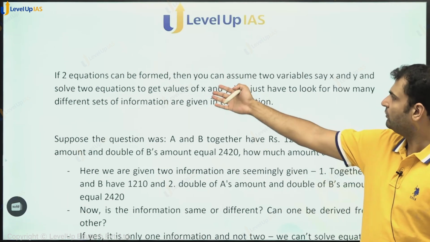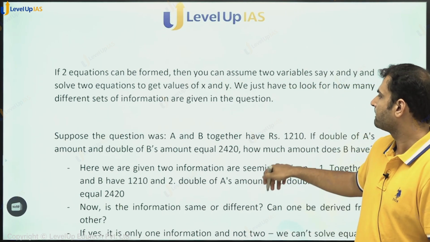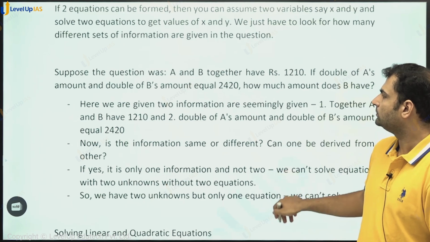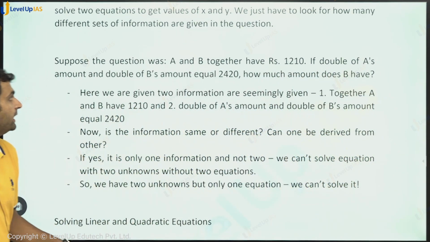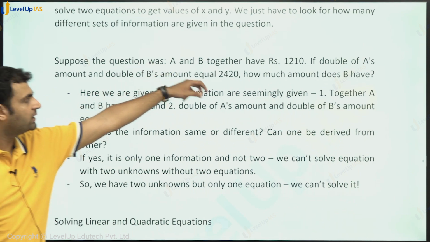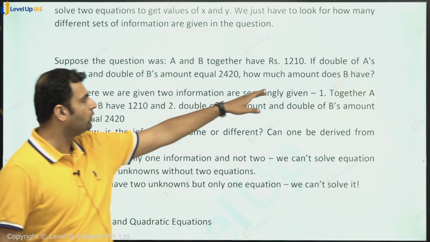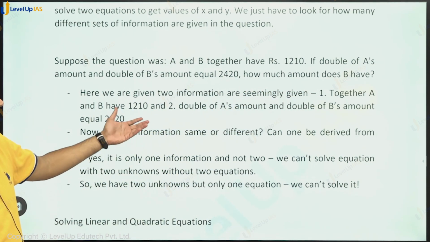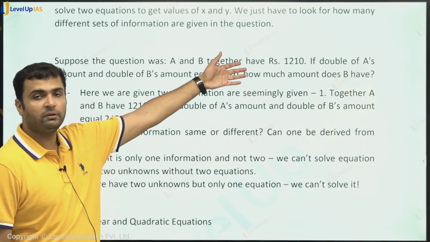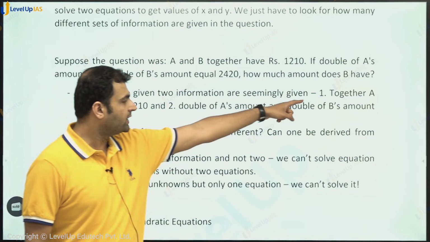If two equations can be found, we can assume two variables and so on. For example, if the a and b question were like this: if a and b together have 1210, and if double of a's amount and double of b's amount is 2420, how much amount does b have? So here we are given two pieces of information, seemingly two, it looks like this is one piece and this is another, but